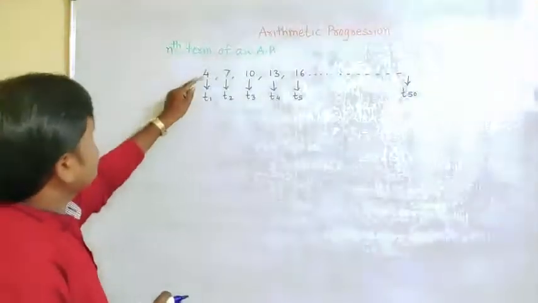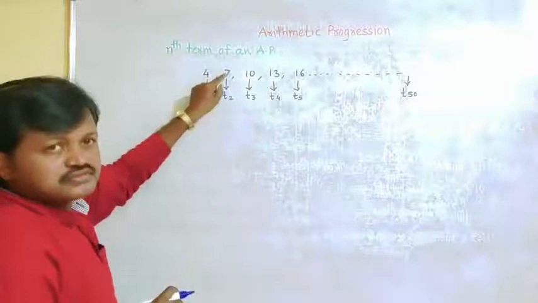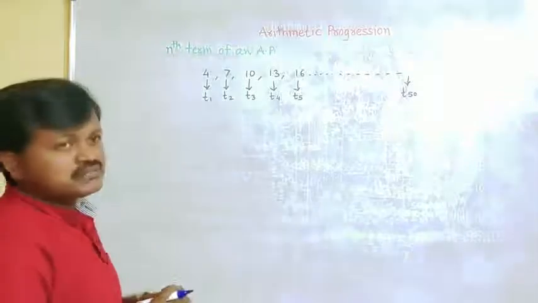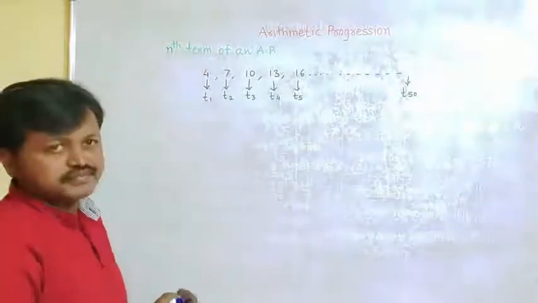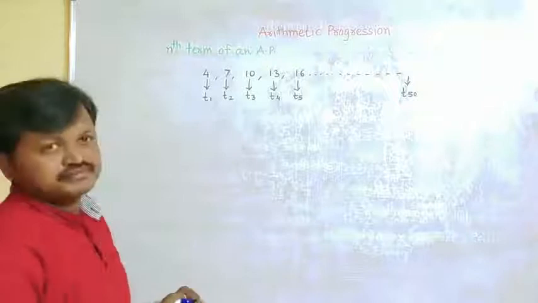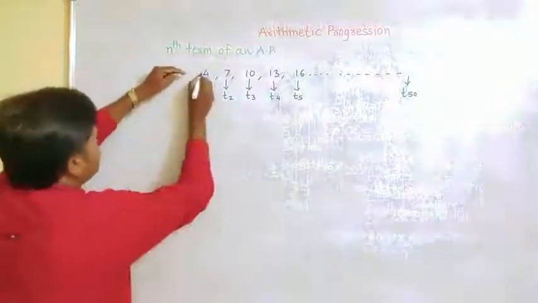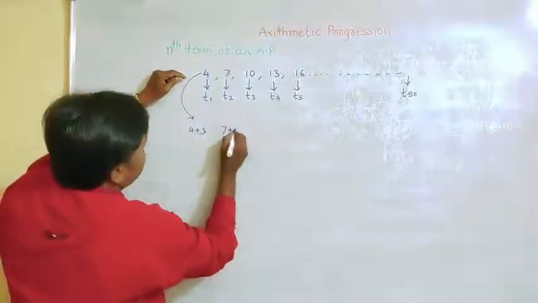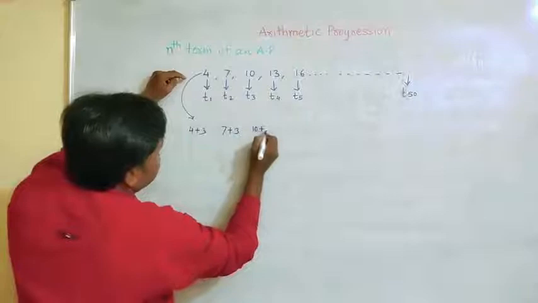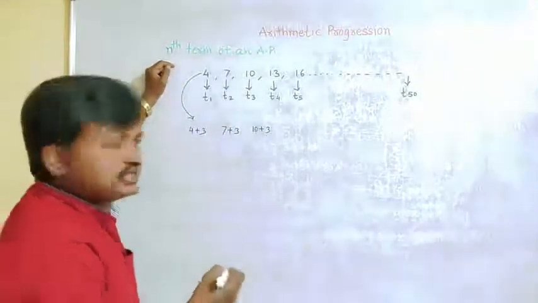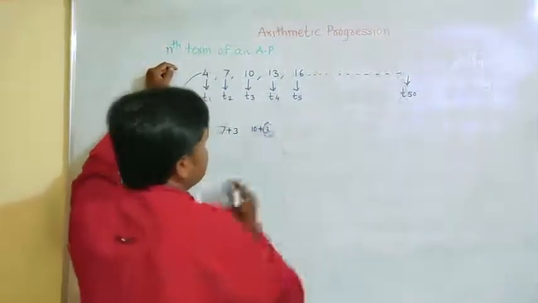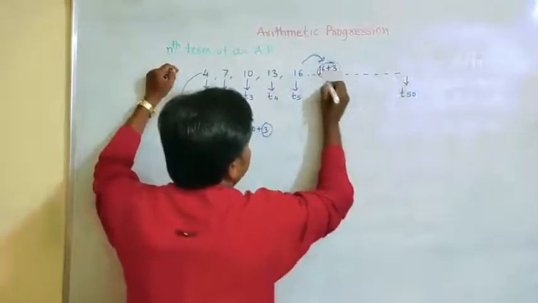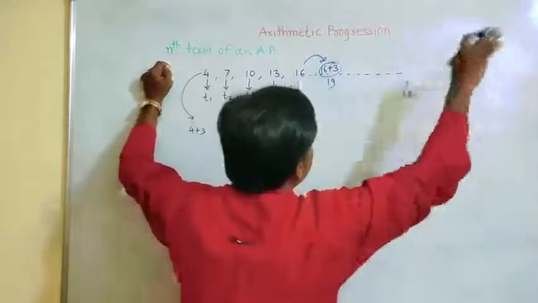काढण्यासाठी काय करावं लागेल, 4 plus some number, you get your 7. So what is the difference between these two numbers? Their difference is 3. So you add 3 every time. म्हणजे इथं प्रत्येक वेळी आपण काय करणार आहे, 4 plus 3, 7 plus 3, 10 plus 3. So to every number you add 3. In this way you add, 16 plus 3, that is 19, and so on, up to